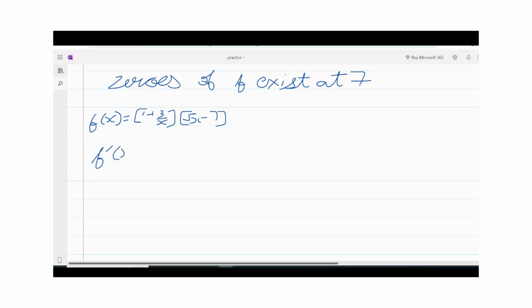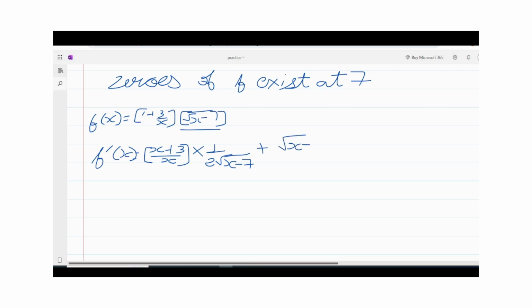So following the product rule, firstly I'll keep it like this only, x plus 3 divided by x into, now we have to take differentiation of this, so that will become 1 upon 2 root x minus 7. This is basic differentiation that I'm doing, right? Plus